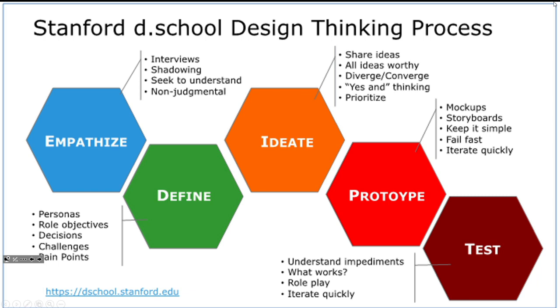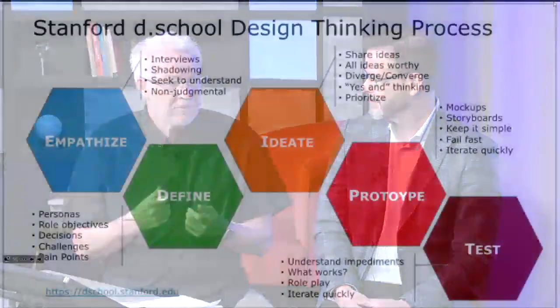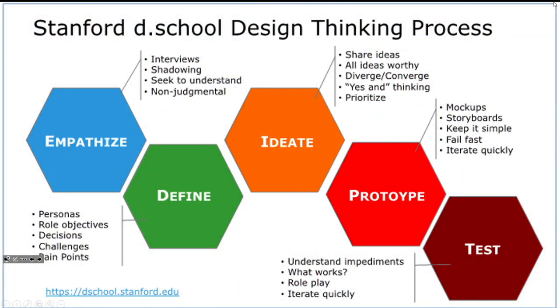In the define stage, you take that information you've gathered and you redefine or reframe the question into something truly customer focused. After that, you start ideating, and so you get teams together, and then you try to come up with as many ideas as you can to solve that new reframed problem, and then quickly start prototyping. And during prototyping, you're still thinking, you're still ideating. So the process of prototyping doesn't mean you're finished ideating, because ideas come through the prototyping. And then you're testing also with the customers. And this isn't a linear process. You're circling back as you learn more information. It's a great process. That's one of the reasons that it's stood the test of time.